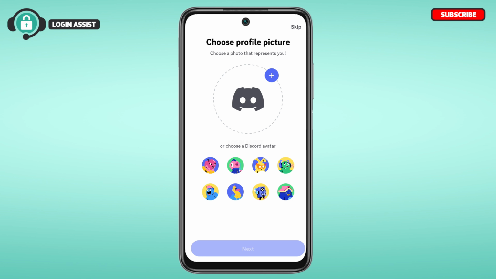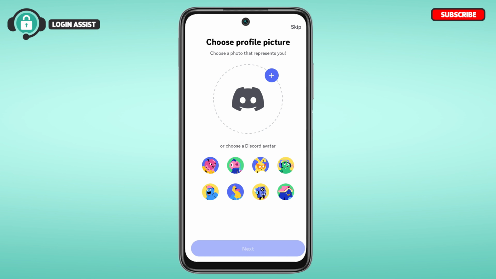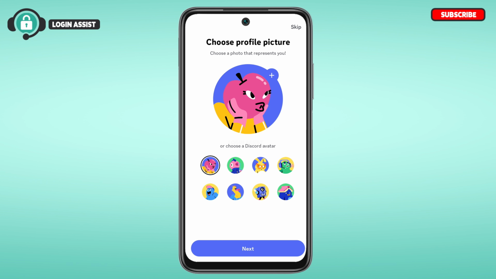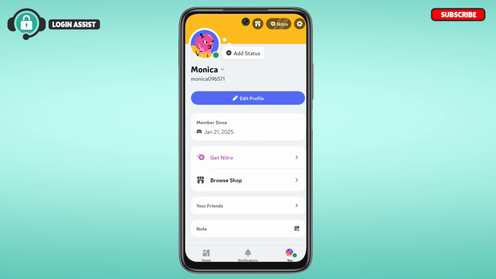Now you can choose a profile picture for yourself. You'll be able to see the Discord avatar over here. If you want to choose a photo, simply tap on this option. After that, you'll be able to choose a photo for yourself. Otherwise, you can also choose a Discord avatar. Simply tap on the avatar that you like the best. After that, tap on the next option that you can see on the screen. Now after that, you can see over here your Discord account will be created. So that is how you create a Discord